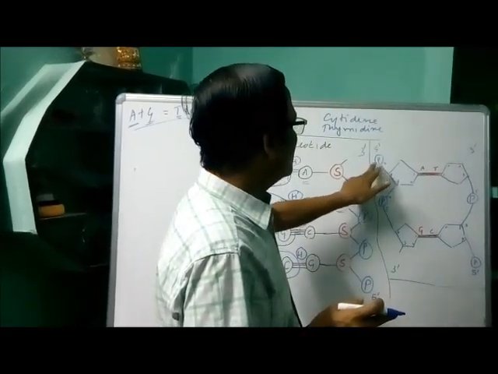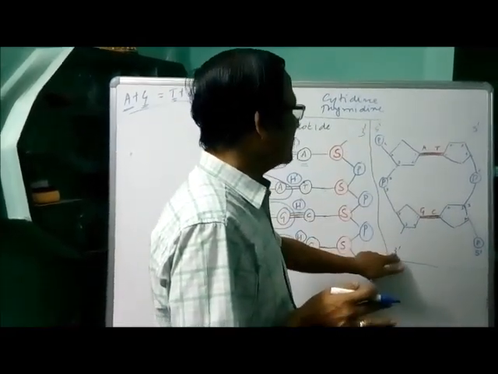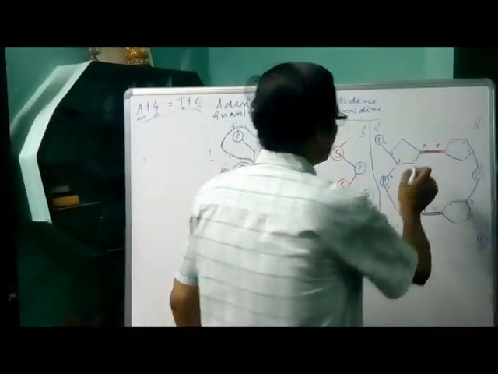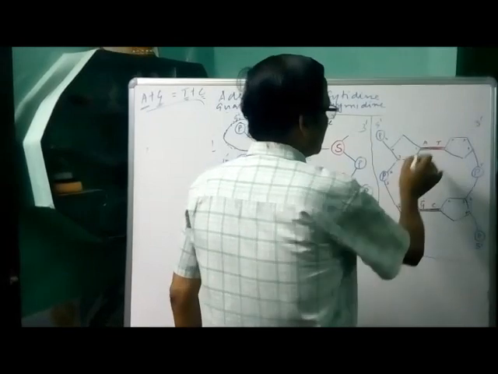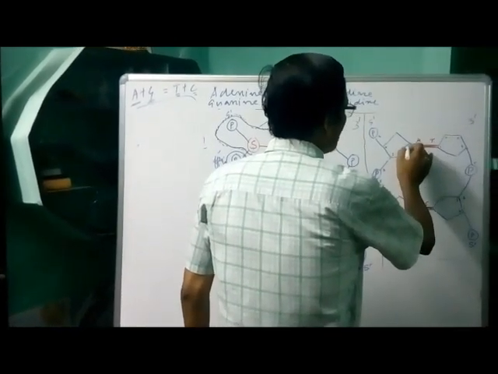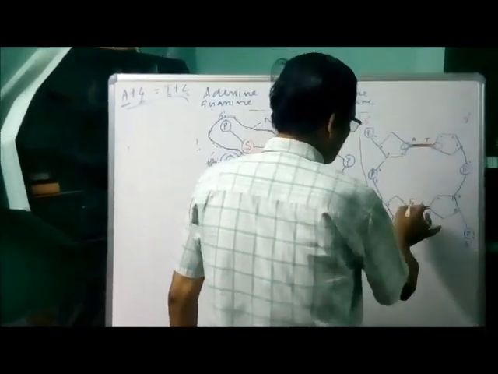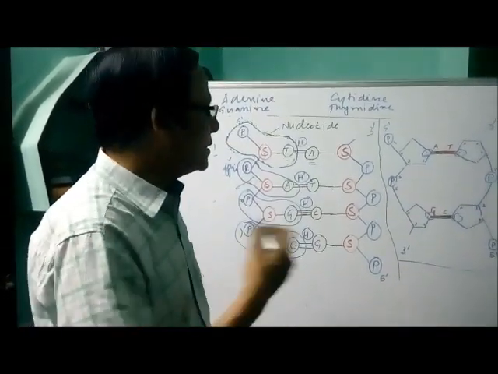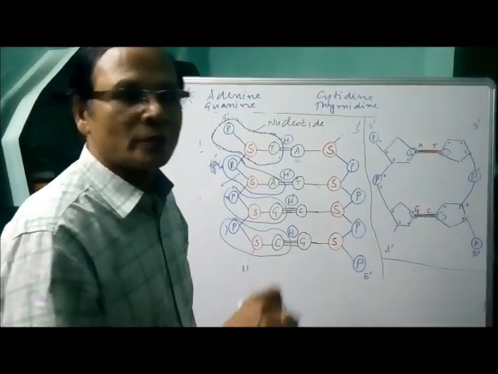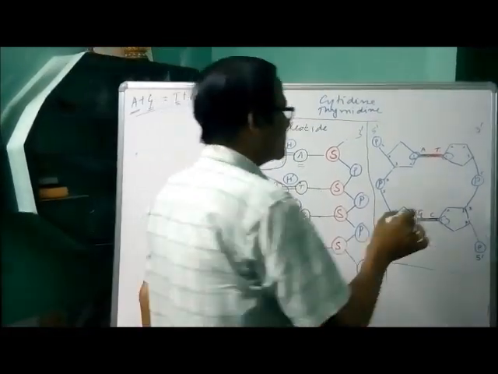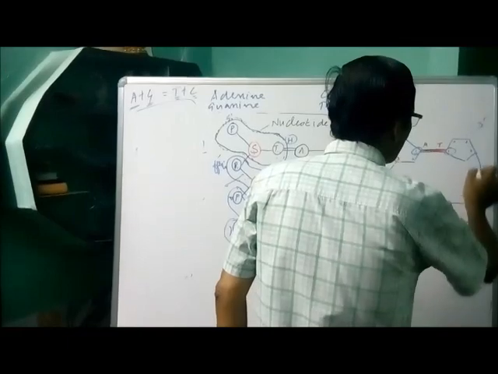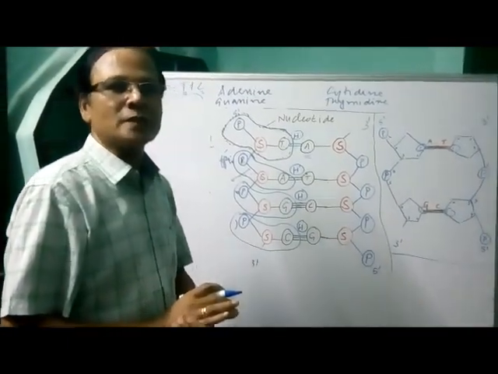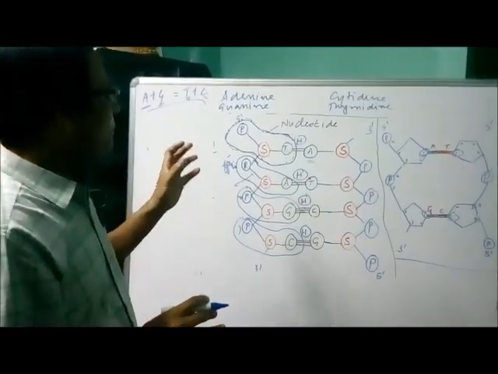In one strand we have 5' to 3' end. In another strand we have 3' to 5' end. So here I represent, you see that one, adenine and thymine. Now the adenine or thymine, they are linked to the first carbon atom. Either adenine or thymine or guanine or cytosine, they are joined or linked to the first carbon atom of the sugar, and the phosphate is attached either to the third or to the fifth carbon atom. That's why it's forming what's called phosphodiester linkage. So these are some of the properties of